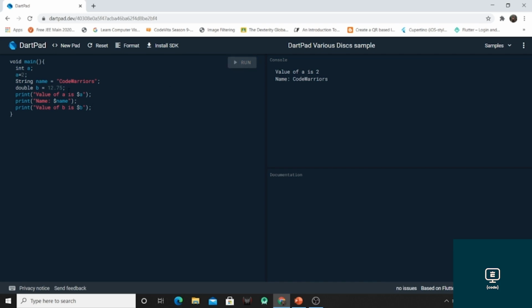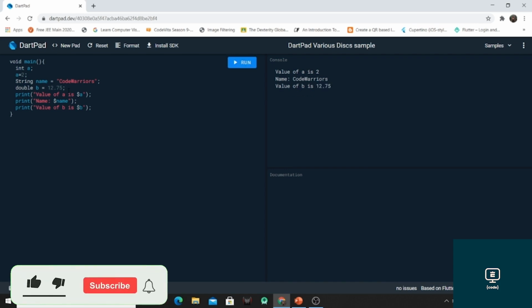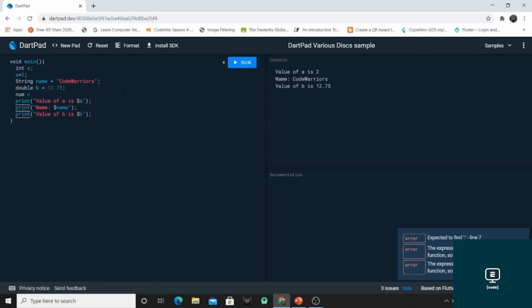Now the third data type is num c. So here you can see the error that a semicolon is expected in line C, and the local variable which we have declared isn't used till now.